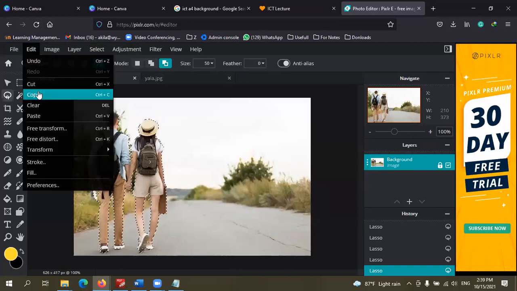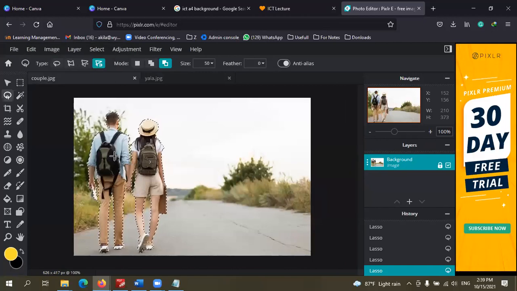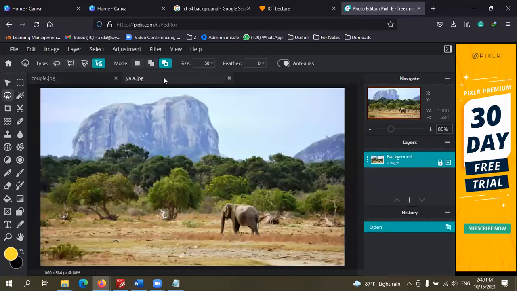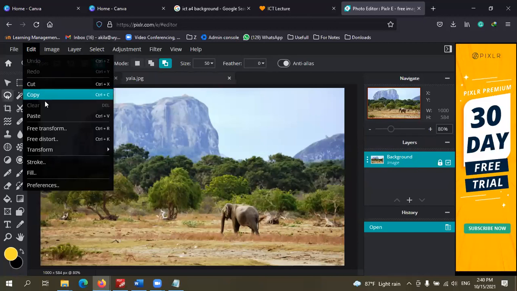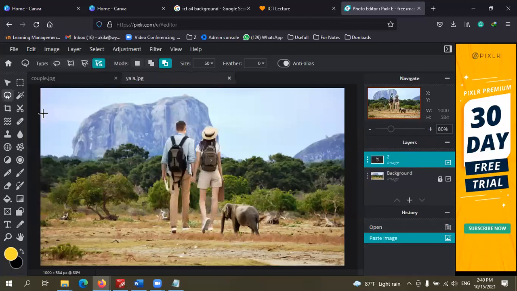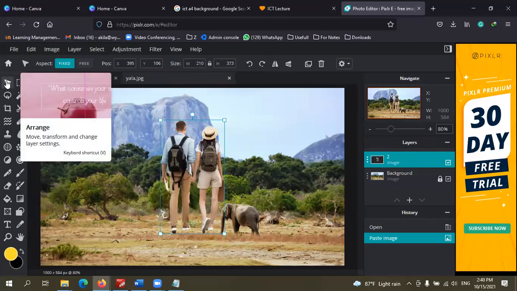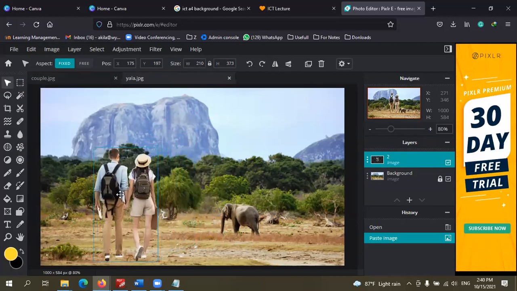Edit, copy. After selecting the area, you can just go to edit, copy, and go to the next image. Edit, paste. Then using this arrange tool, move tool, you can arrange it.